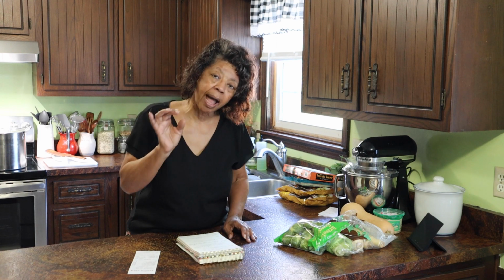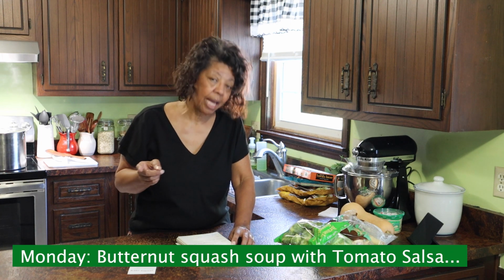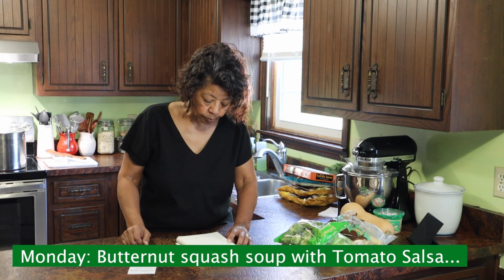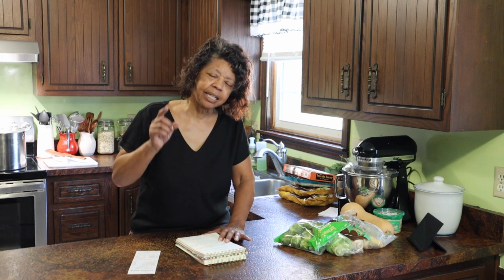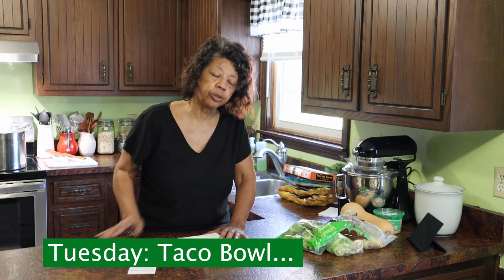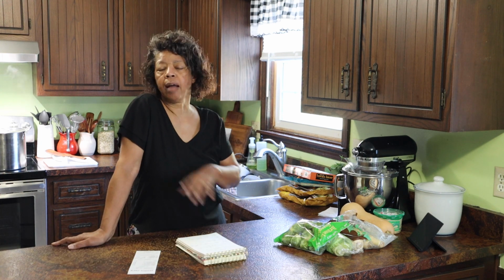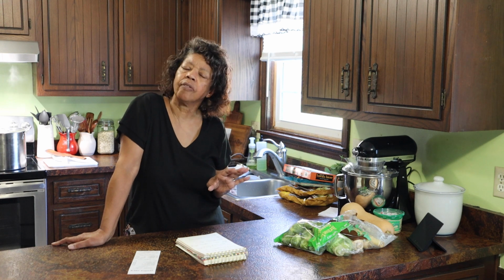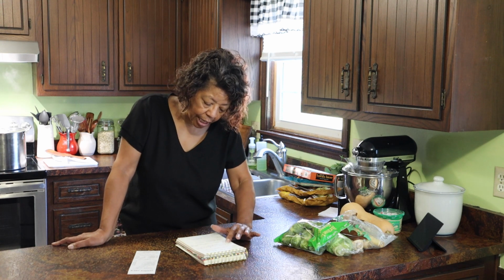So that's what we're having today. Tomorrow, I'm going to make the garlic and squash soup, and we're going to have some crusty bread with that. Tuesday is Taco Tuesday, and so we're going to have probably a taco bowl, because I like those. I do have some taco shells in the pantry, and we could just have regulation tacos, but I kind of like having the taco bowls, and I think he does too sometimes, but I can switch that up if I